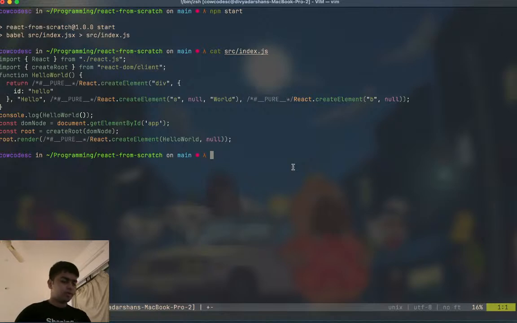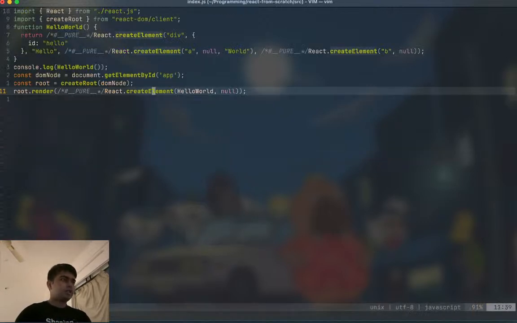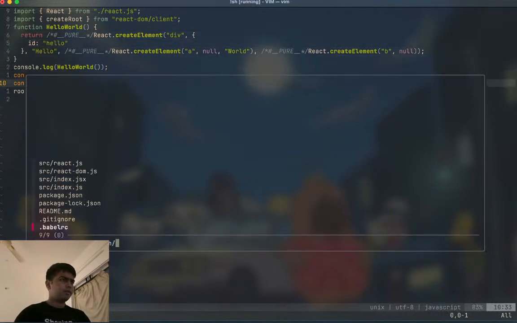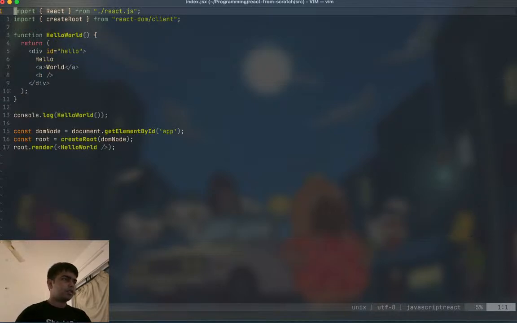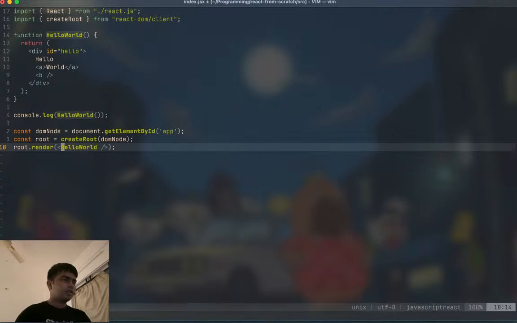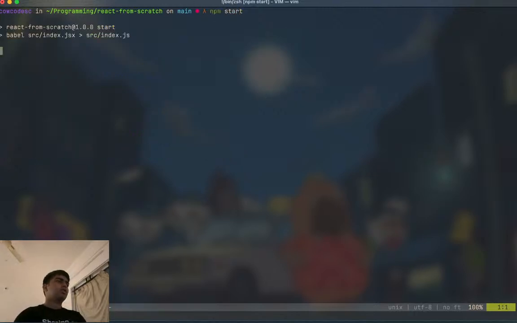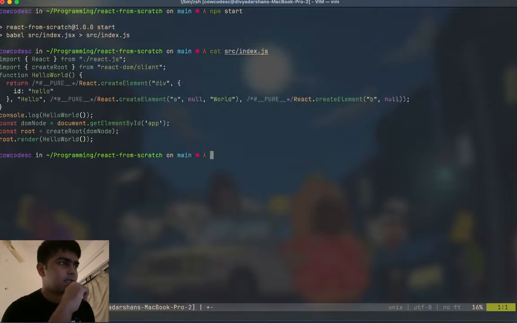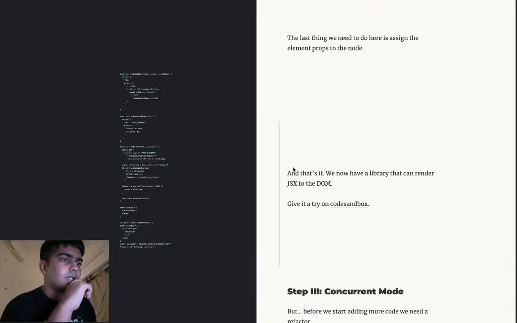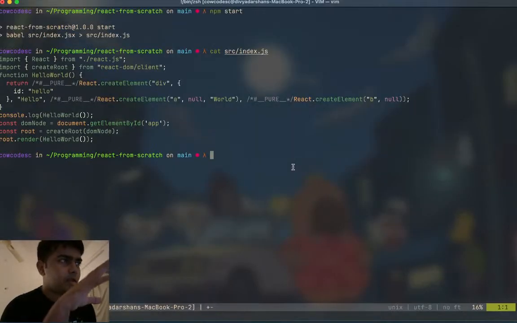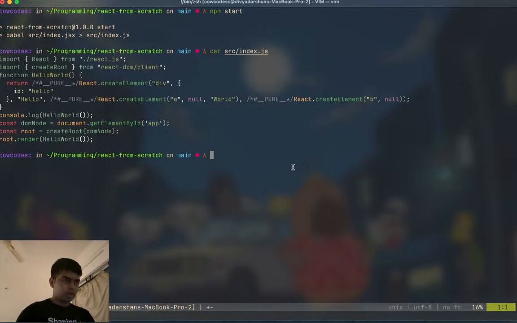So now what we have to do is, for once we cannot do this. So what do I have to do here is I have to call this function. Then we can do this. Yes. Okay, but then how do I put this into an index.html? So what we can do is,